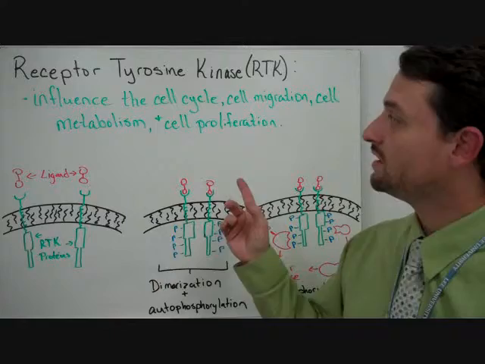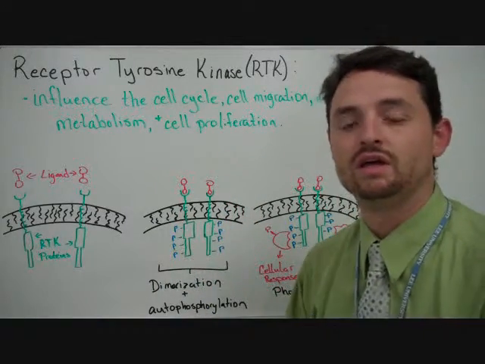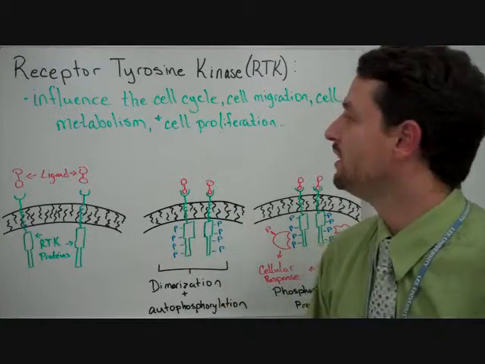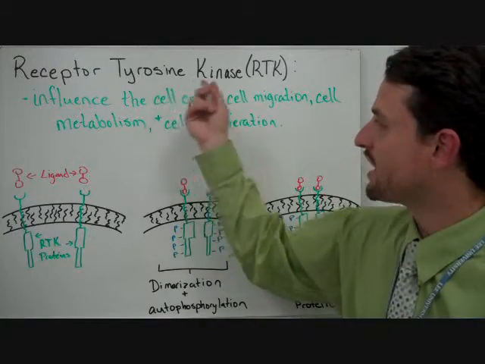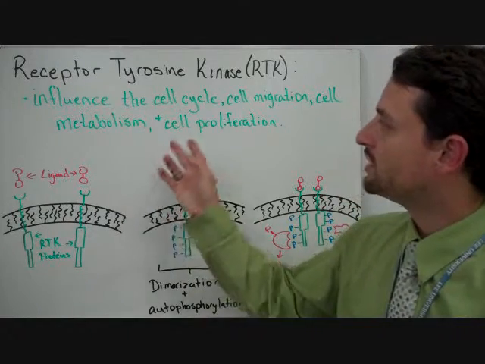Once again, this is part 2 of cell communication. We're looking at different types of receptors, in essence. Here we're looking at receptor tyrosine kinases. These are abbreviated RTKs. There's only a couple